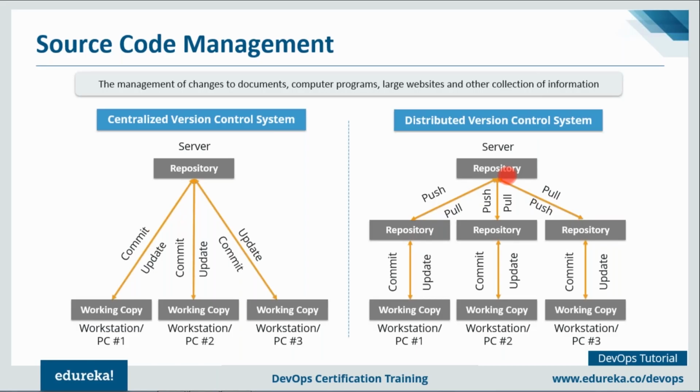If the central server crashes at any point of time, the lost data can be easily recovered from any one of the contributors' local repositories. This is one very big advantage. Apart from that, since every contributor has a full copy of the project repository, they can share changes with one another if they want to get some feedback before affecting the changes in the main repository. So these are the various ways in which the distributed version control system is better than the centralized version control system. So we saw the two types of source code management systems, and I hope you have understood it.